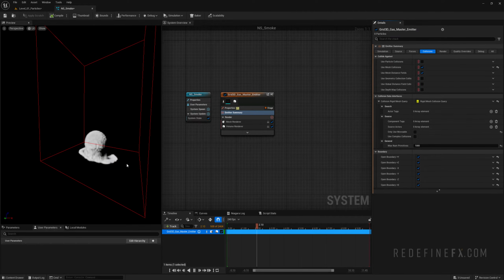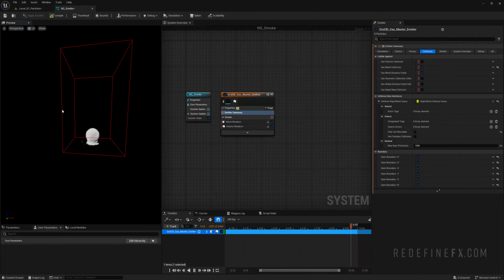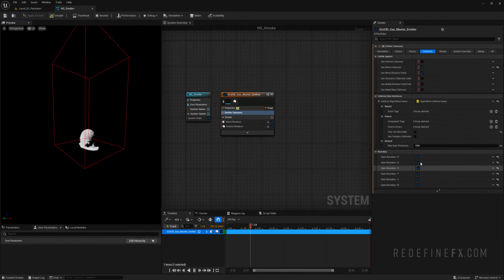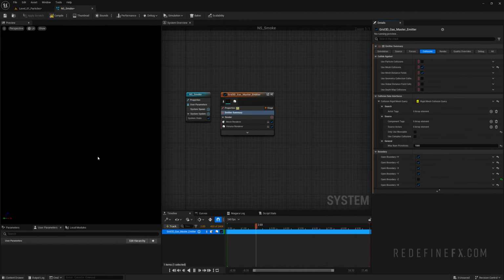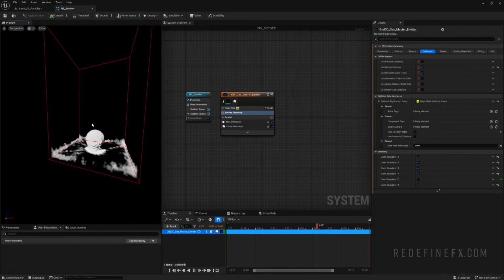So again, minus Z means the bottom of the grid, plus Z is the top of the grid. And then the same thing for the x-axis and the y-axis, right? These are the individual walls of the grid. So I can uncheck open boundary on minus Z. And now when it compiles, you can see that the smoke is now beautifully colliding with the floor of the